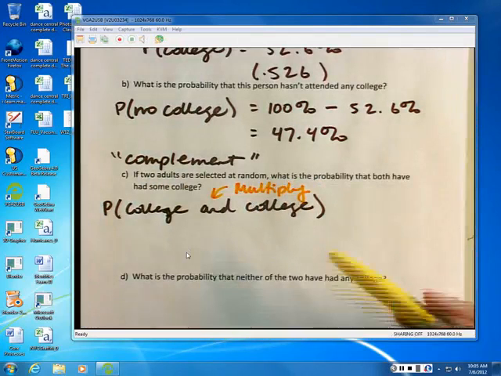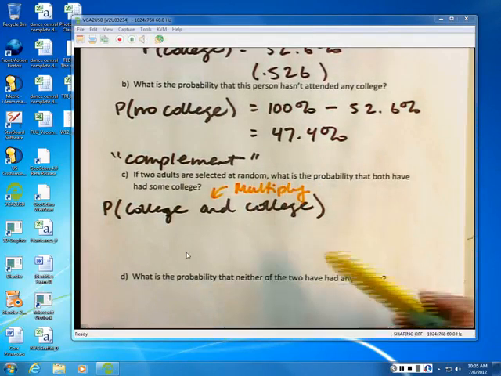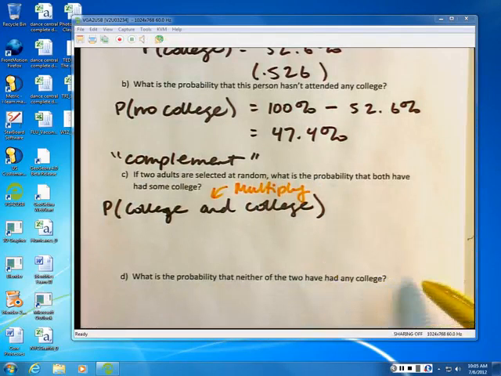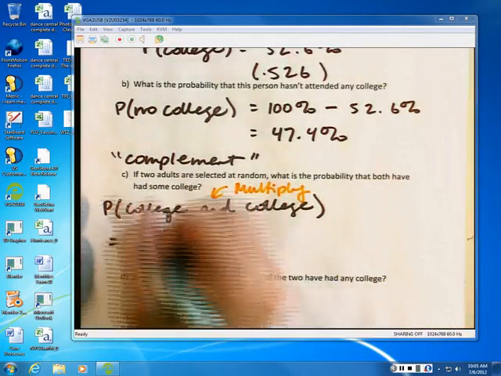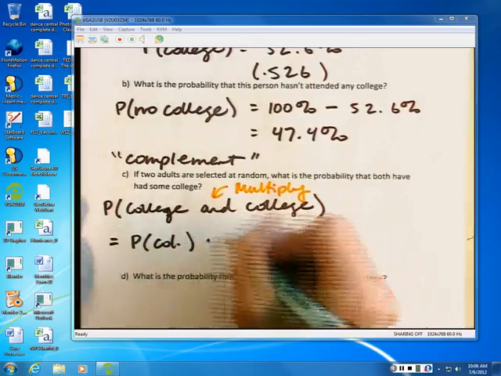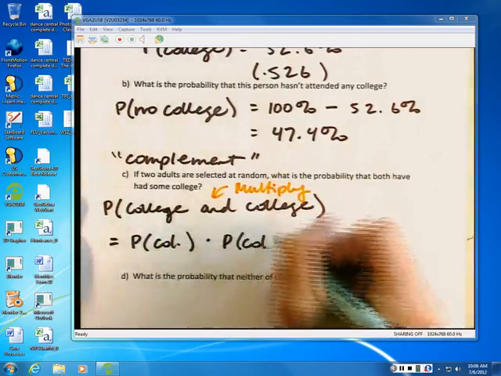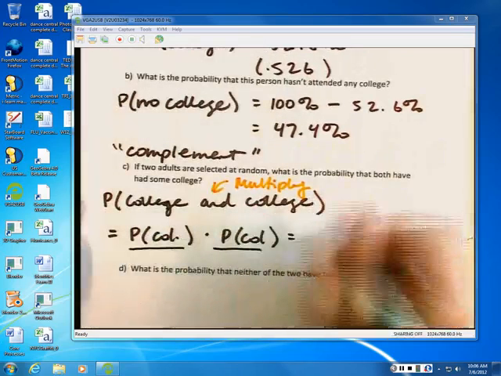We multiplied 6 times 6 because we're rolling the first die and the second die. We're tossing the first coin and the second coin. So we multiply the outcomes together. Same is true here. So I do these probabilities separately. So this is the probability that the first person has gone to college times the probability that the second person went to college. So I'm just multiplying those together, and I end up with,